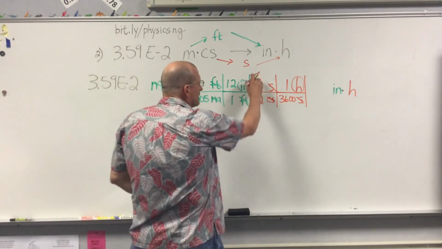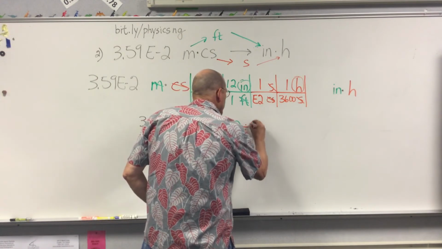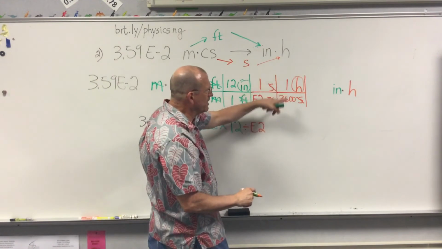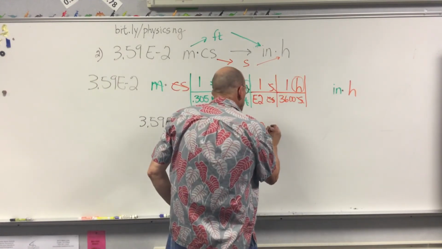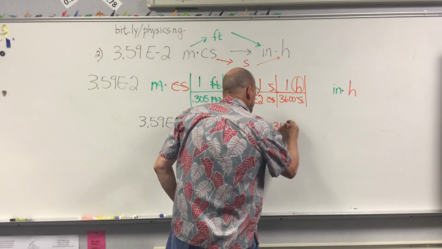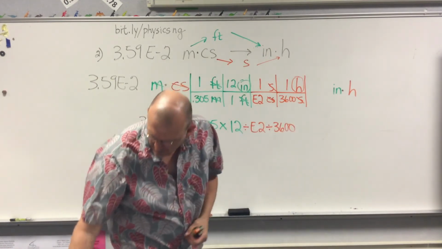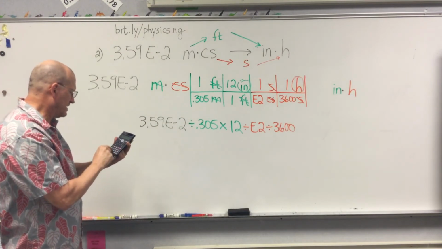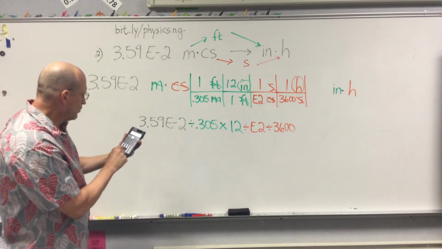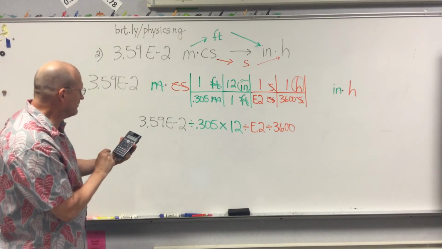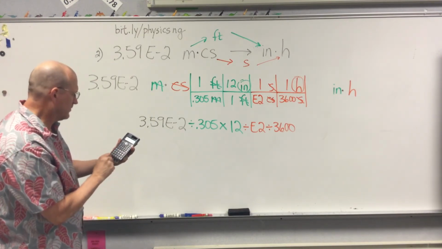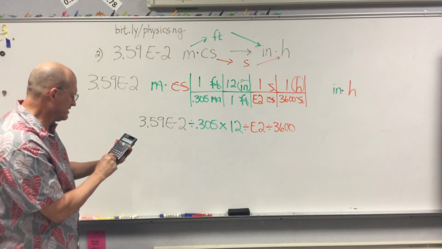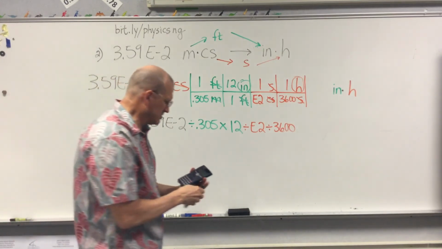When I go to the next one, I have 1 over E2. So that means I divide by E2. And then I have 1 over 3,600. So that means divide by 3,600. And when we go ahead and do that, we get 3.59 E negative 2. We divide by 0.305 times 12, divide by E2, and divide by 3,600, and we get an answer of